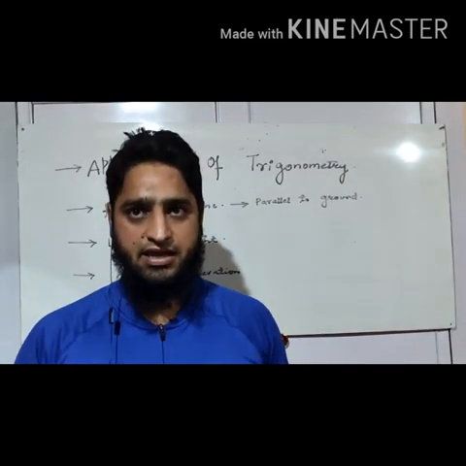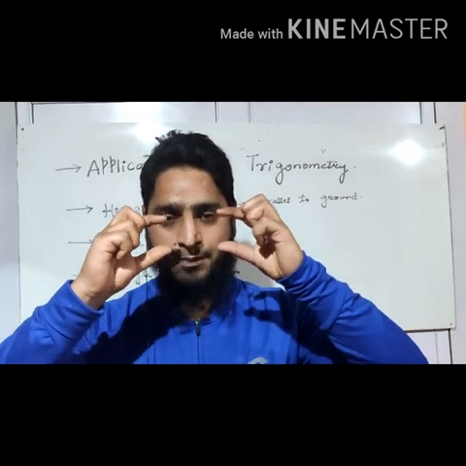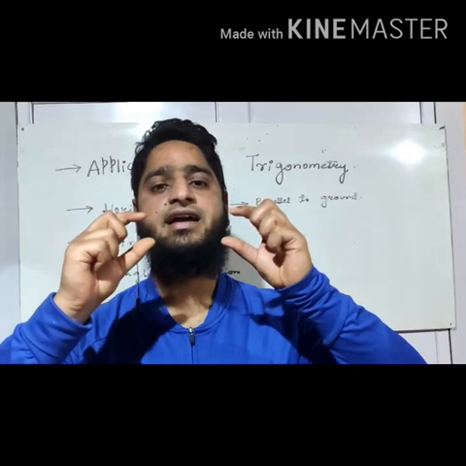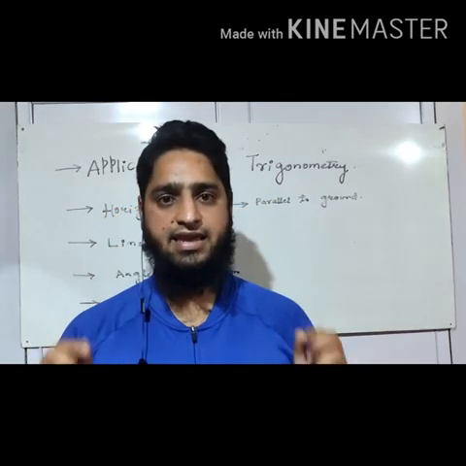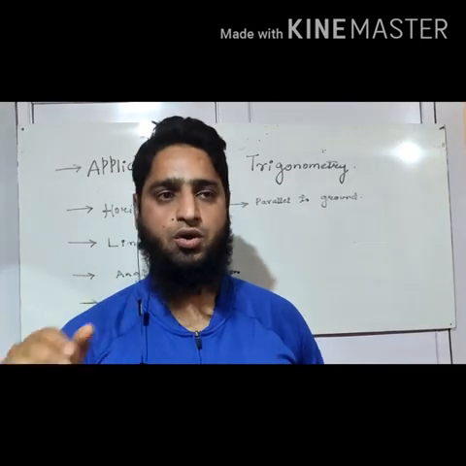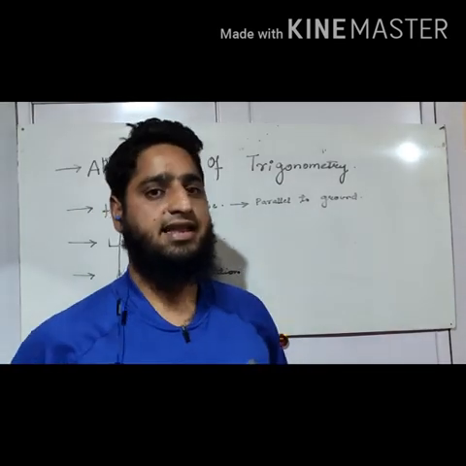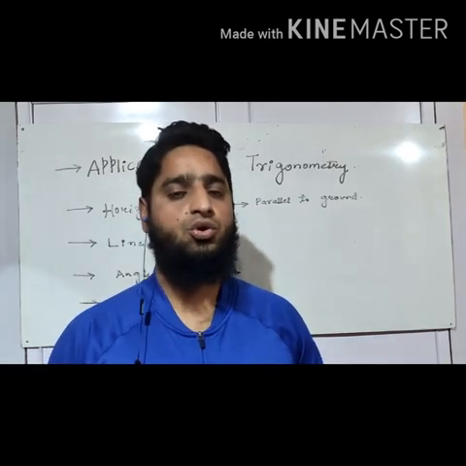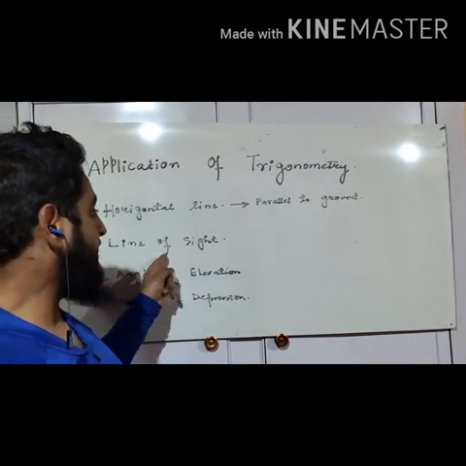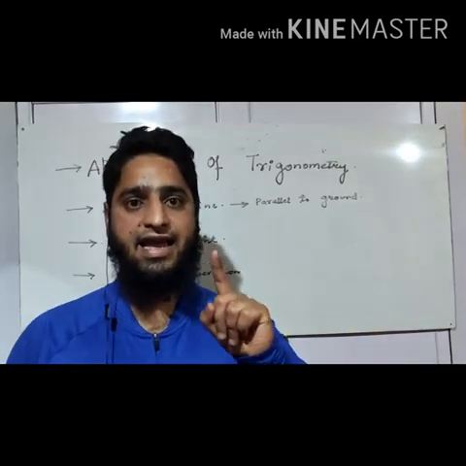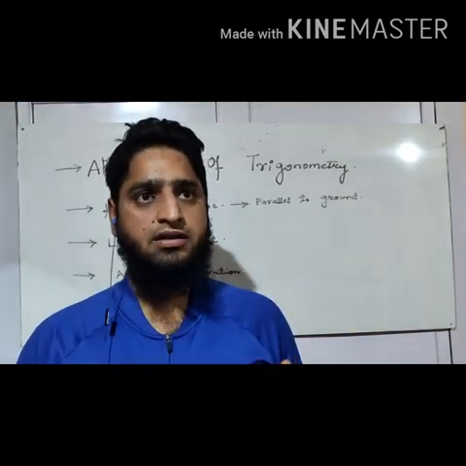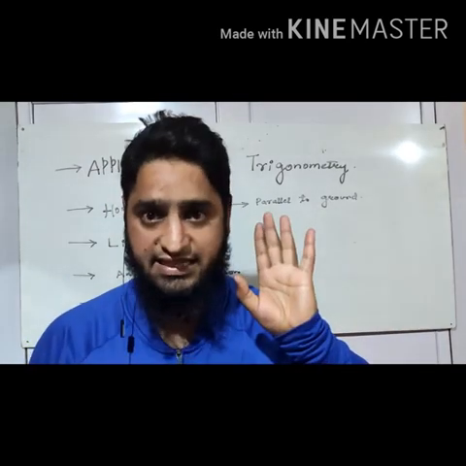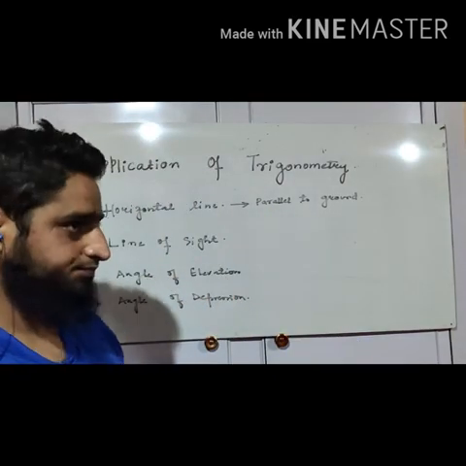उसके बाद है लाइन ऑफ साइट। लाइन ऑफ साइट का मतलब है कि एक इंसान है, उसने अपनी इस साइड को या तो एलिवेट किया या तो डिप्रेस किया। एक इंसान ऐसे देख रहा है, ये पैरेलल टू द ग्राउंड है, we call this horizontal line. अब अगर ये थोड़ा अपनी आंख को इस तरह एलिवेट करेगा तो we say it is लाइन ऑफ साइट। इसका मतलब लाइन ऑफ साइट कभी एलिवेट इस तरह भी होती है और लाइन ऑफ साइट इस तरह भी हो सकती है।